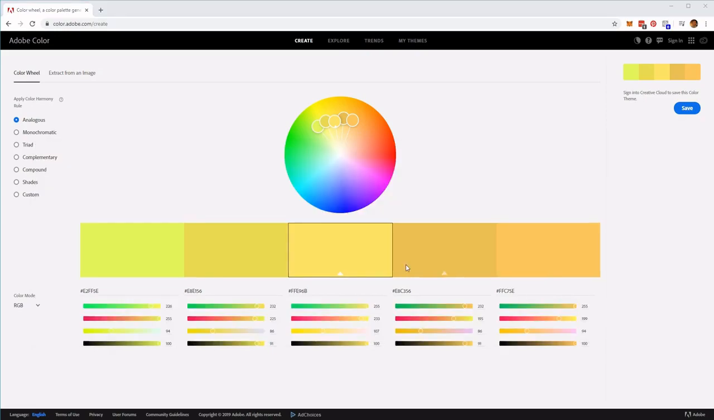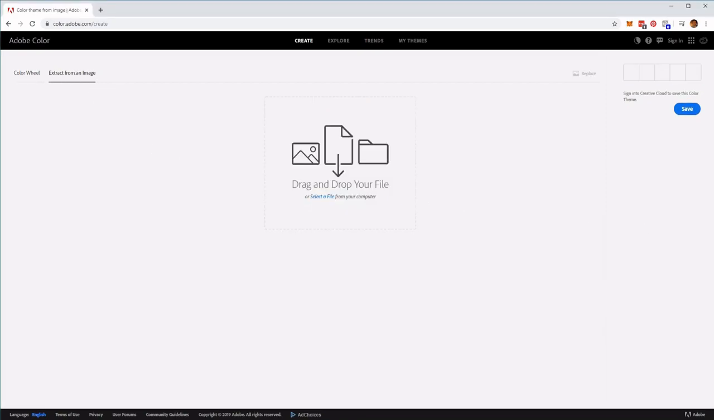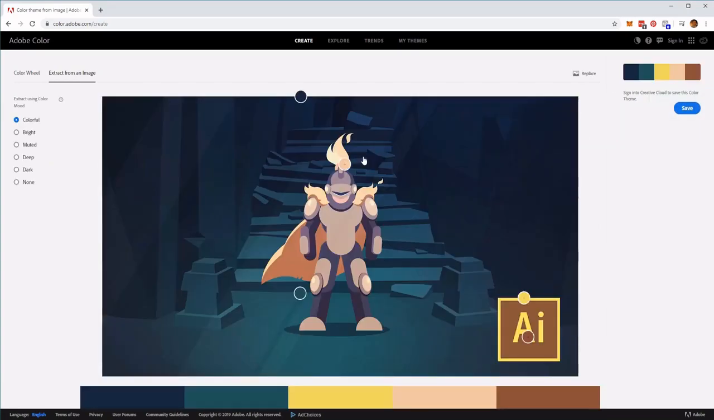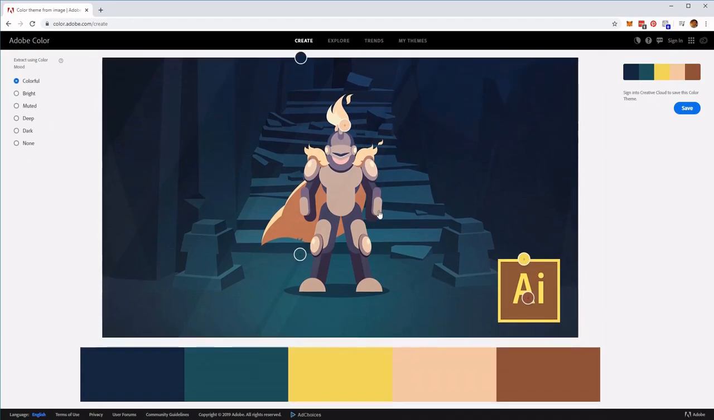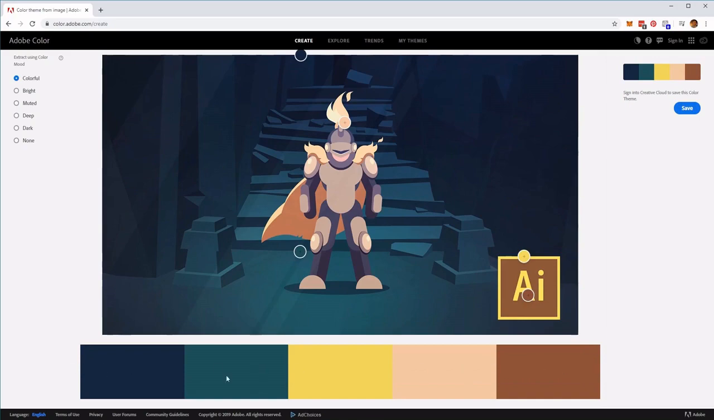Now if you don't have the snipping tool available, simply creating a screenshot is also going to have the same effect. Now you can also create a color scheme from an image. All you have to do is click on extract from image on the top left of the screen here, and then just drag and drop your file into the middle like so. And Adobe Color will pick the color scheme for you. So you can see we've got a cool little color scheme at the bottom here,